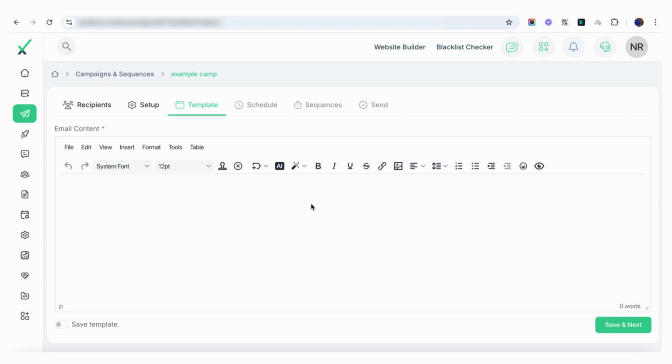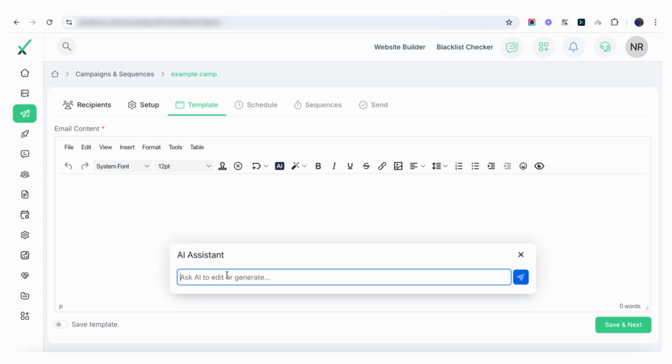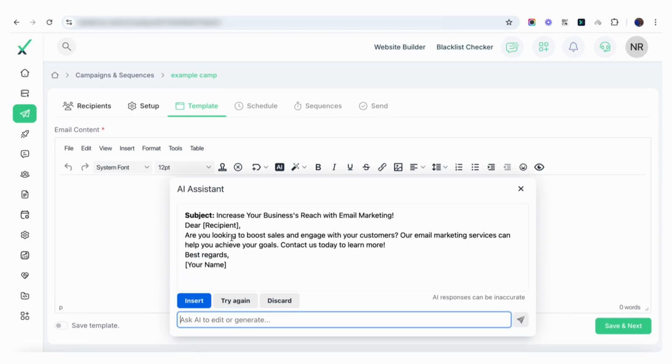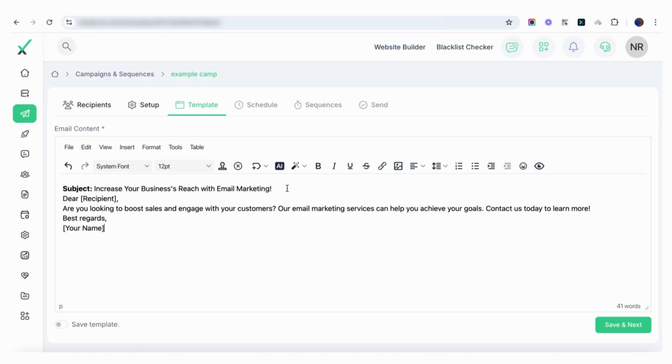This is where you have the editor. You can use the AI. Also, you can tell the AI, write the email to sell email marketing services, should be in 4 lines. So it's going to generate the email content. It's simple. So just click insert, and then since we don't need a subject, remove the subject, and